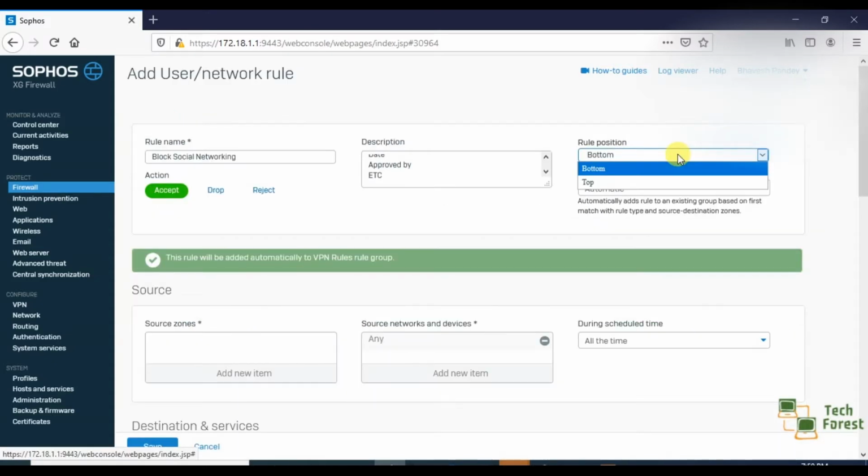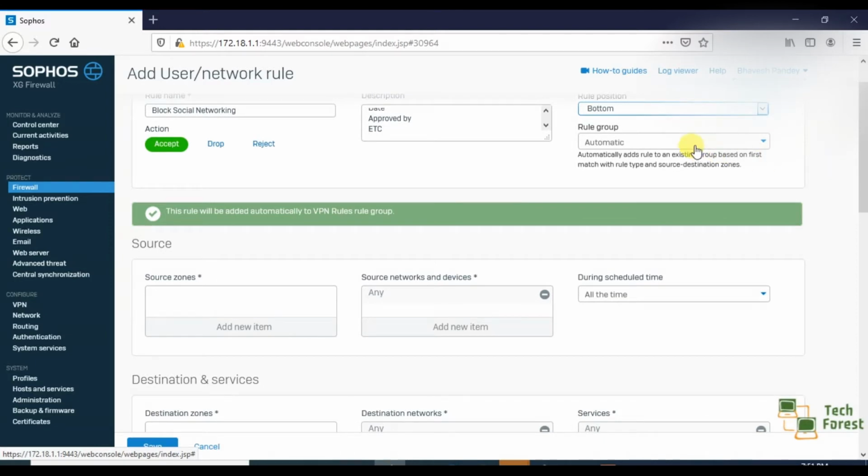So before clicking on this top button, make sure about the result of your newly created rule. If you want to play safe, then select this bottom option, because after creating the rule you can drag or move it anywhere. I'll show you how. Let me finish all these settings first. I'm selecting bottom here.